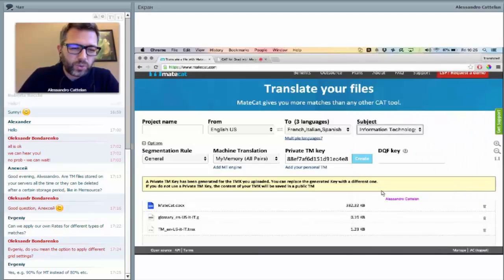And the segmentation rule, this is a bit more complicated. Maybe we can go back to that later if you have questions. I don't want to confuse you with all that. And you can add a machine translation engine. So by default, MateCat uses My Memory, which provides translation from Google Translate, which we post-process to make it more